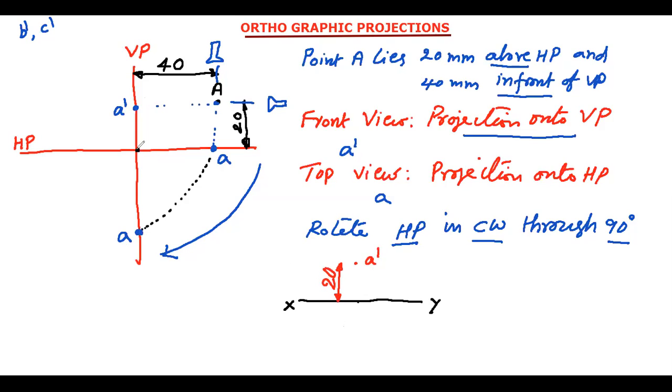Then from the reference plane, where do you have the top view? At this distance. What is this distance, dosto? This is a circular arc. Now what is this distance? This is 40 here. Because this is 40, when I rotate that, this distance will also be the same. So at 40 mm, from this point, I have top view small a, and this distance is 40.